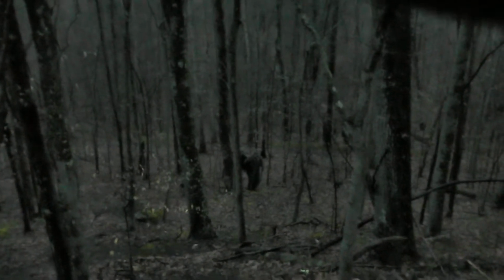First light, just after legal shooting time, this bird came in. Did you hear me say I saw him fly down? No, but I saw him run across in front. I think I got it on camera, but I got so much rain on my viewfinder, I can't tell. It's kind of messing up the...